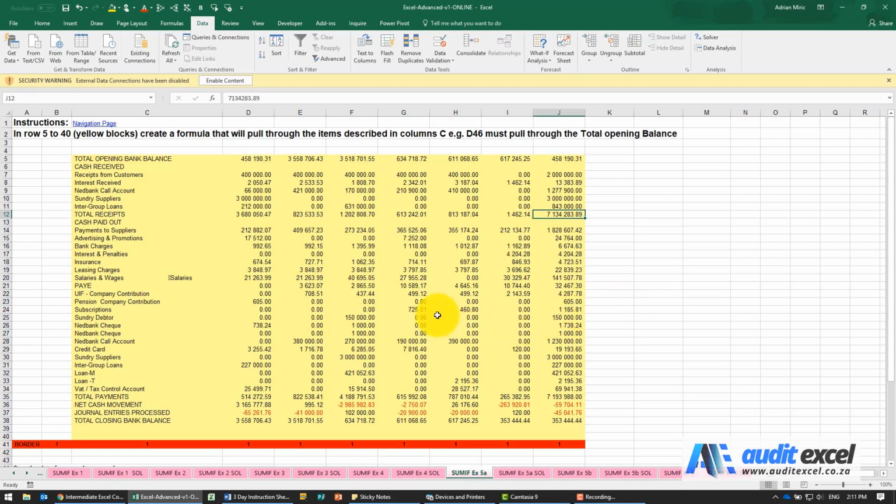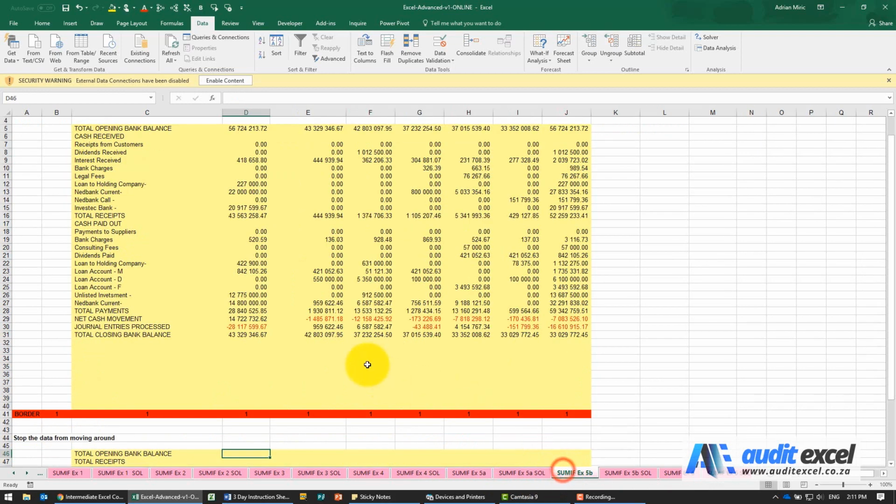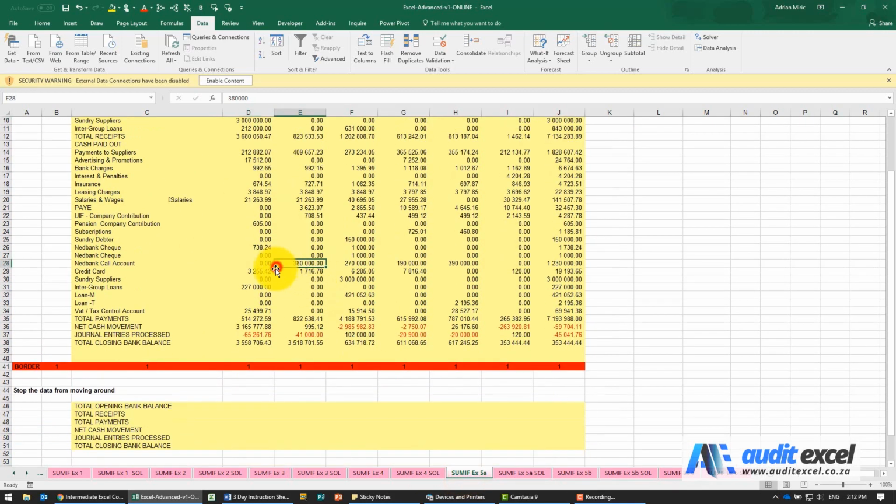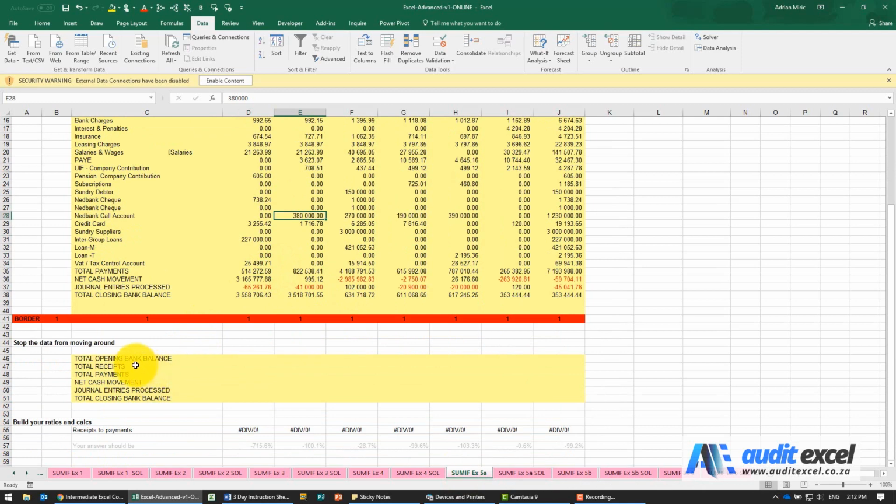In this example, every month we receive a report from our system that looks something like this. So this is 1 month, and notice that the closing bank balance is on row 38. And the next month, same report, but now the closing bank balance is on 31. So these move around. What we want to do is create something that pulls through the key information we want. So we want the opening bank balance, the closing bank balance, etc., so that we can create ratios and graphs on it.